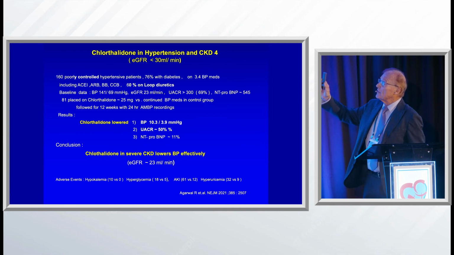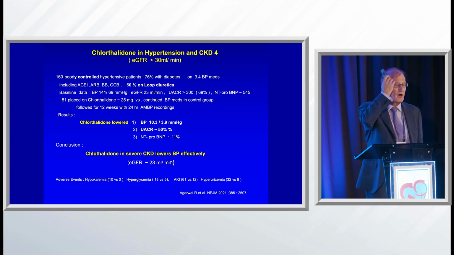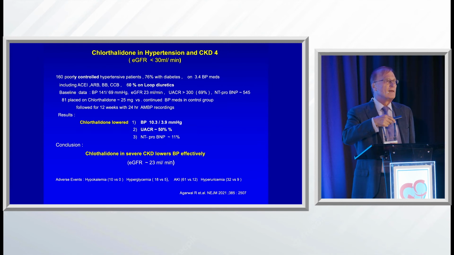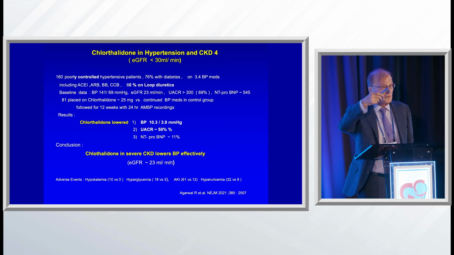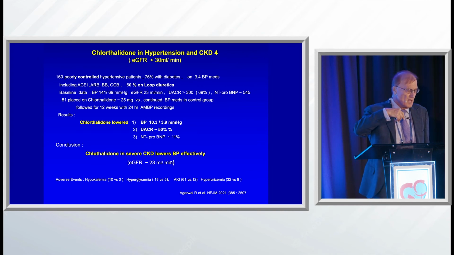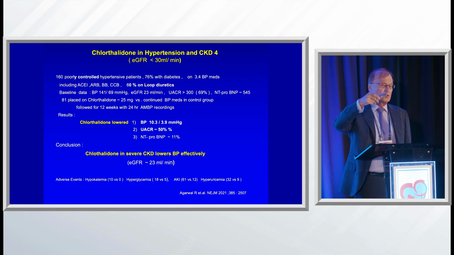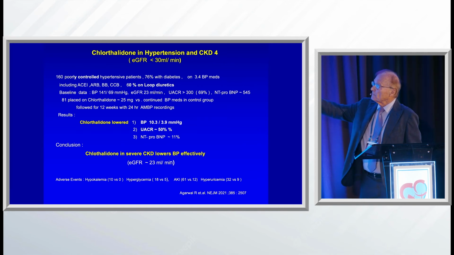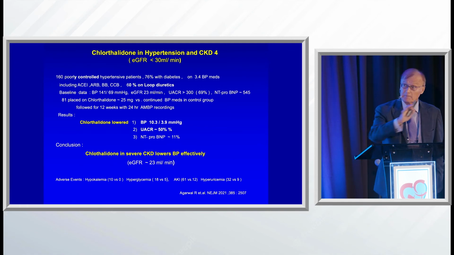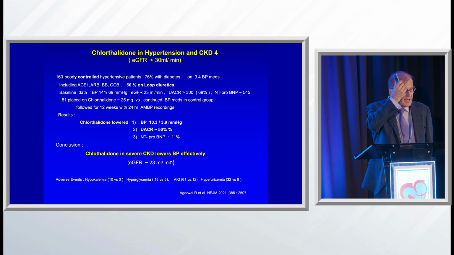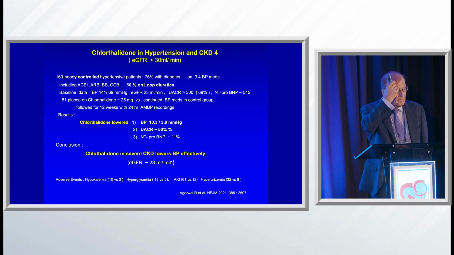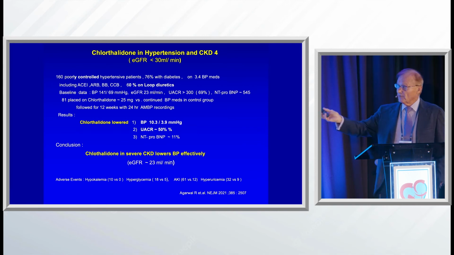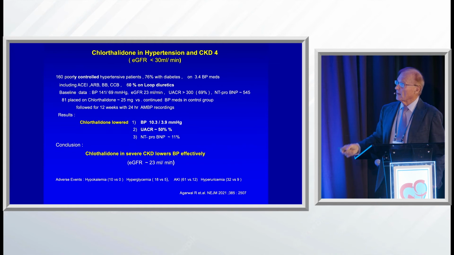And look what happens. We have known for many years that loop diuretics are rather poor in the hypertensives. So if you have somebody with an eGFR of 50 and you give him 20 of furosemide versus 12.5 or 25 of hydrochlorothiazide, the blood pressure is much better lowered, by 2, 3, 4 millimeters, from a thiazide versus a loop diuretic. Okay, so look at that patient group. These were classic studies by Agarwal, who is one of the top 5 nephrologists in the United States by everybody's opinion. He's a leading author and published some 500 papers, and he does terrific scientific work.